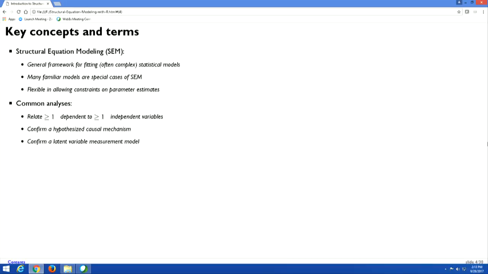For example, you can fit a simple linear regression in the SEM framework. Most people don't do it because it's so easy to implement in just regular software, but you can do it. It's a special case of an SEM. You can also do a factor analysis in SEM. Confirmatory factor analysis is one of the more popular types of SEM models that you can do. And I call them measurement models in today's lecture because that's a more general term for it. And that's what I spend most of my time doing, is assessing latent constructs. So I do a lot of factor analysis type stuff,